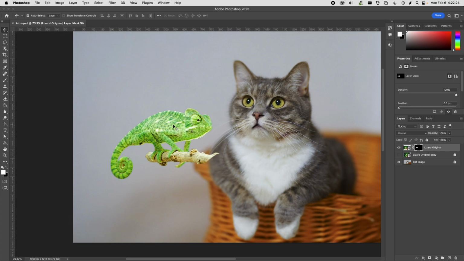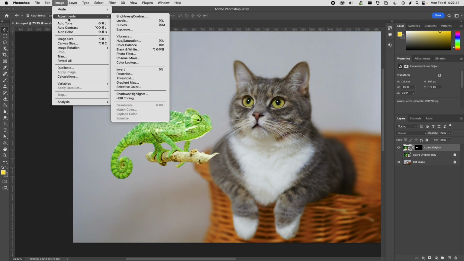You can see the lizard is much brighter. There's a lot more highlights. The cat is a little bit more subdued. It's a little more blurred out. So I'm going to use some adjustments to do that. And these adjustments I'm going to apply just to this one layer. So to do that, I have to make sure I have the layer selected, and I go to Image Adjustments,